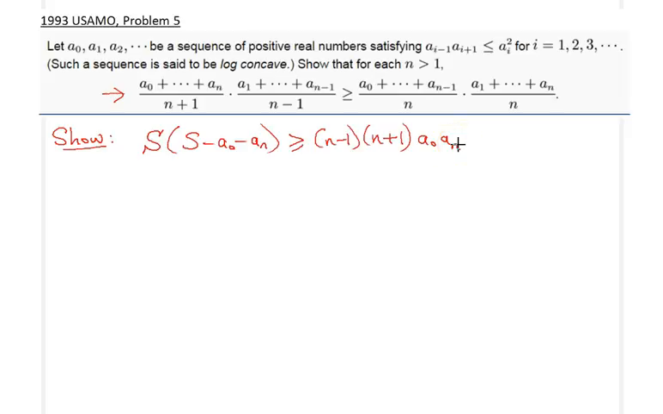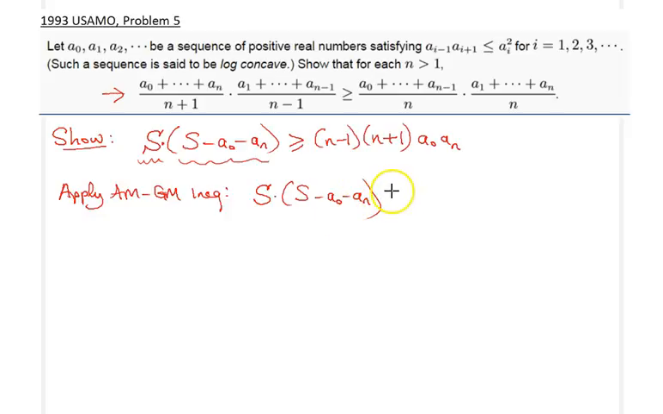I will go ahead and apply AM-GM to the two terms on the left hand side separately, and hopefully so, let me write that down. Apply AM-GM, the arithmetic mean geometric mean inequality. So let me start with the left hand side and see if I can simplify things. So when I apply AM-GM to the left hand side, what I would get is, I still have s minus a sub 0 minus a sub n. That thing is greater than or equal to, by AM-GM,